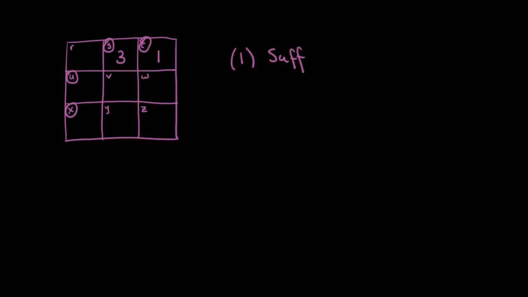Well, the others would all have to be 1s for the sum to be 6. And that's illegal because I can't have two 1s in the same column. So I have to have something like 2 and 1 and 1 and 2, or something like that. Meaning r has to be 3 since I have to have one 3 in each row and column. So statement 2, again, is sufficient, making the correct answer D.